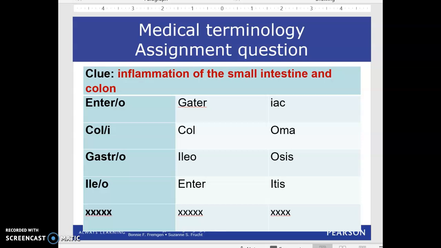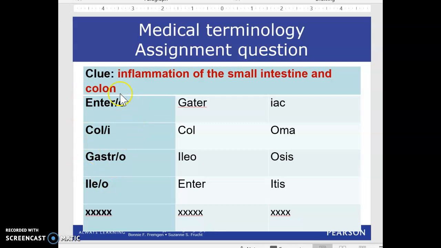If you can see, we have a question here, and you have a similar question in your assignments. You always want to make sure you read the clue up here, okay? The clue is giving you the information of what you're trying to find: inflammation of the small intestine and colon. Now remember, you have columns given. 1, 2, 3 columns. Each one has 3 rows to make you understand what words you are choosing from each